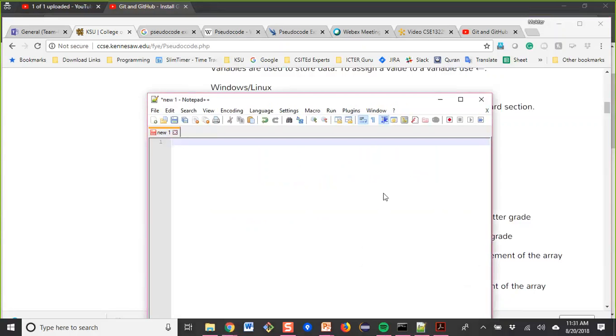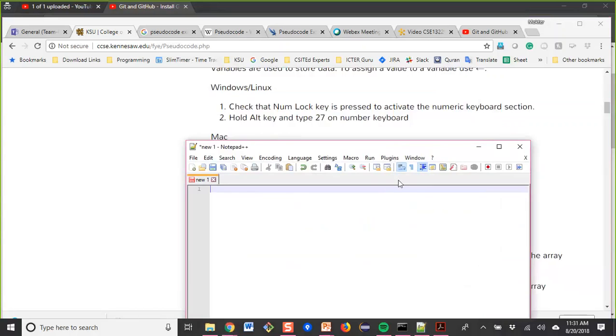Your Num Lock key is on the right side of your keyboard, and if it is on, you will see the Num Lock light on. Holding down the Alt key, type 27 from the numeric keypad, and as soon as you release the Alt key you will get the left arrow. So X left arrow 5 means that X equals 5.